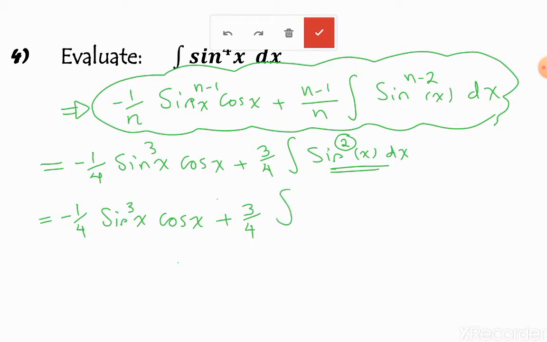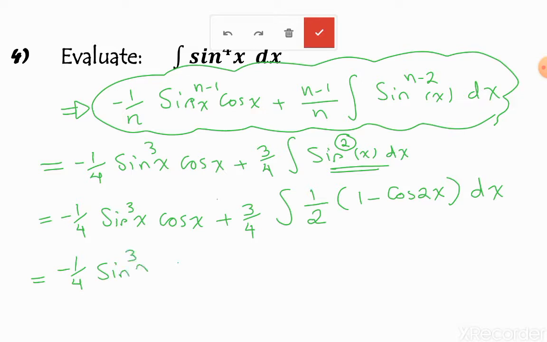I know that you remember this identity: 1/2 into 1 minus cosine 2x. Yes, it comes from the double angle identity. Cosine 2x is equal to 1 minus 2 sine squared x. So sine squared x is equal to 1/2 into 1 minus cosine 2x dx, which is equal to negative 1 over 4